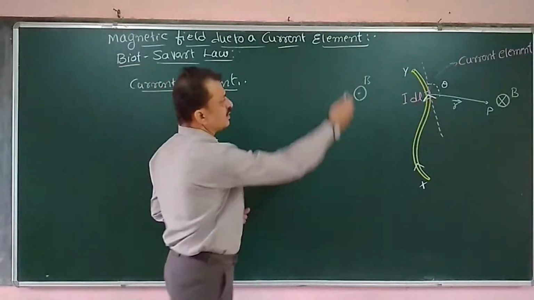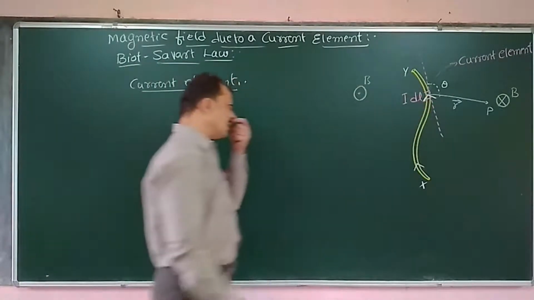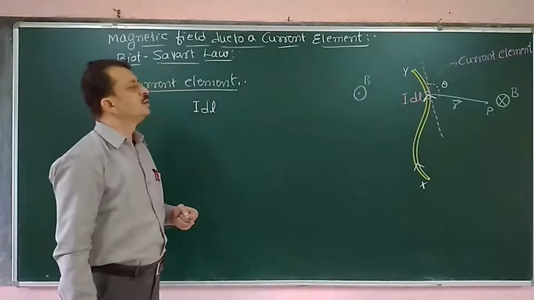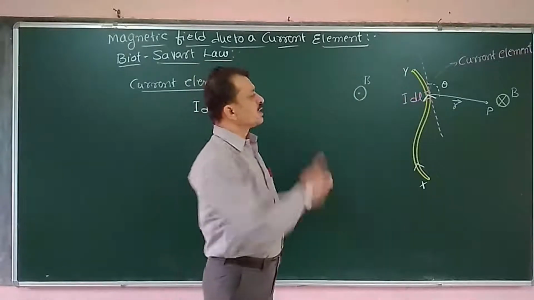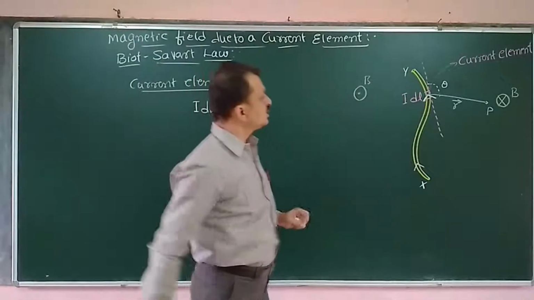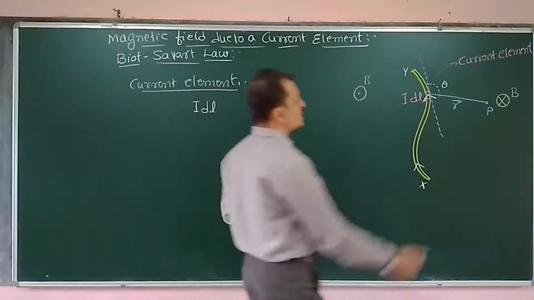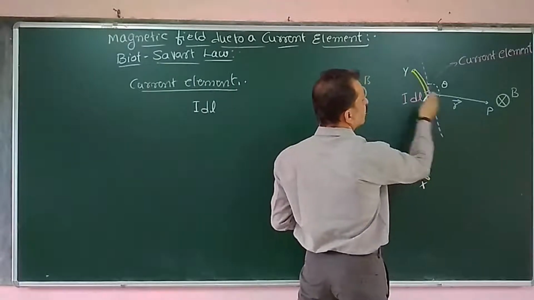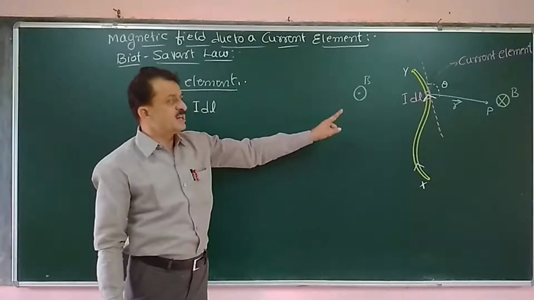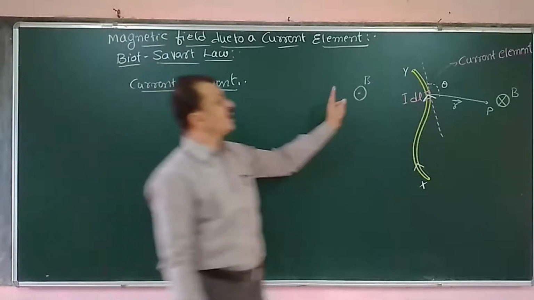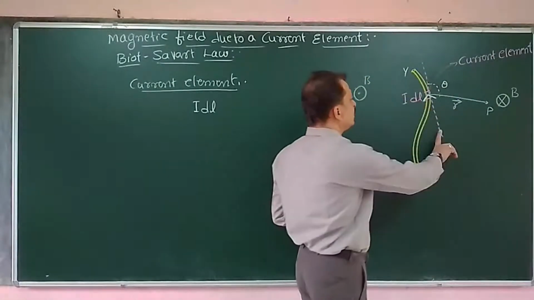Now we have a conductor which is carrying a current. We have considered a small portion of it of length dl. Therefore, I dl represents a current element. Because of the current, a magnetic field is produced. Now consider an arbitrary point P, at a distance with position vector r from the current element. That current element makes an angle theta with the line joining the point, as represented.